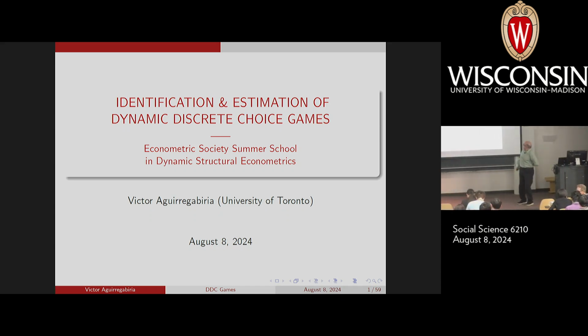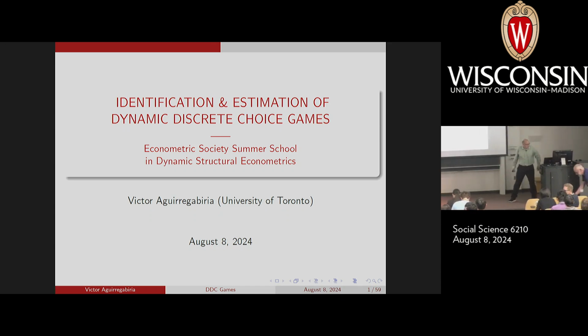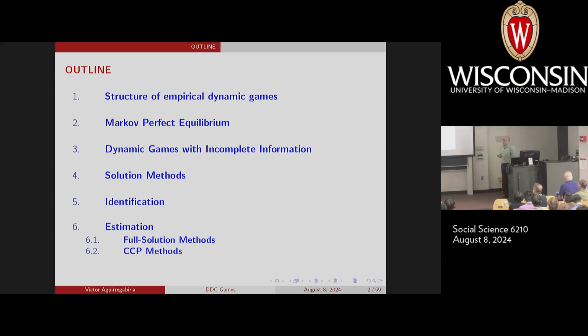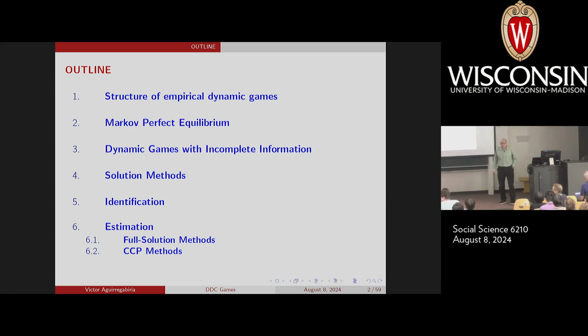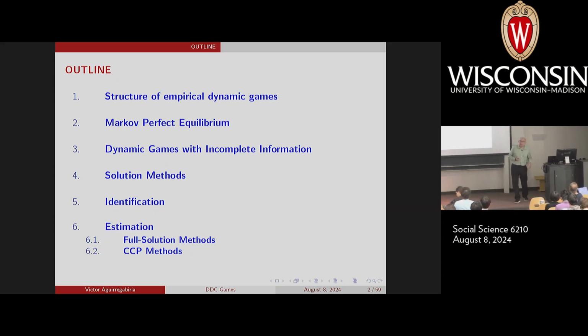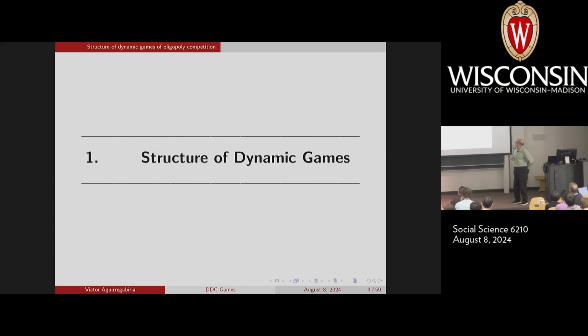I'm going to talk about identification and estimation of dynamic discrete choice models. I will start with the model, with the structure of empirical dynamic games, or the class of empirical dynamic games that are used in most empirical applications. I will go quickly through this because you have already seen many presentations on this, but basically it's to present